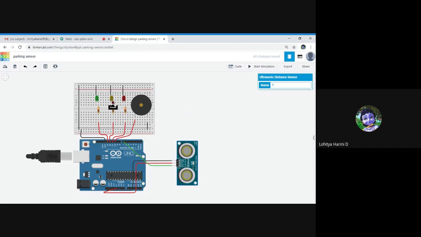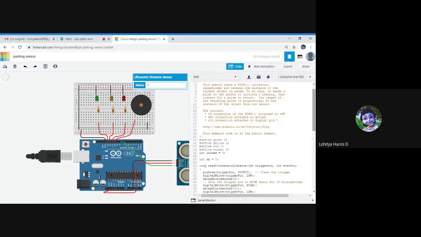I have used 3 LEDs over here. These LEDs are for range detection. When the object is very close, the buzzer turns on. When it is in the safe limit, we have the green, and subsequently as the distance decreases, the other LEDs turn on. Now I'll explain the code.